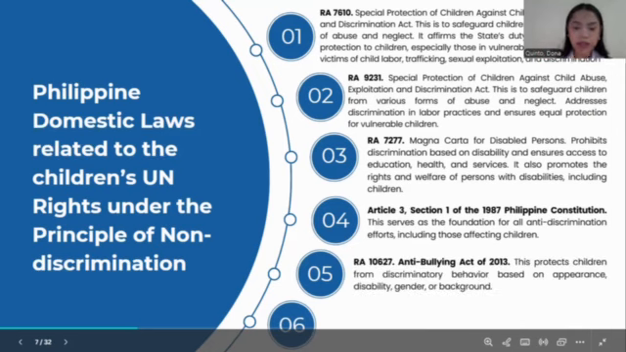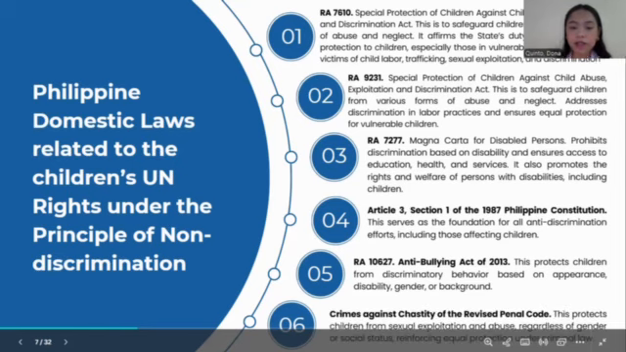Republic Act 10627, or the Anti-Bullying Act. So this protects children from discriminatory behavior based on appearance, disability, gender, or background. And lastly, the Crimes Against Chastity of the Revised Penal Code. This provision ensures equal protection under the criminal law by safeguarding all children from sexual exploitation and abuse regardless of